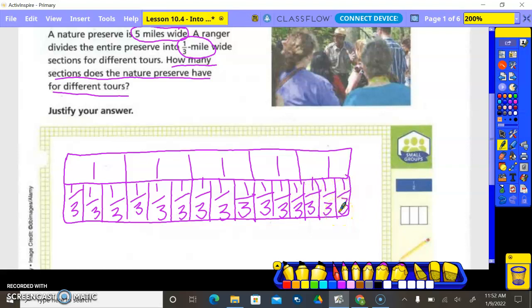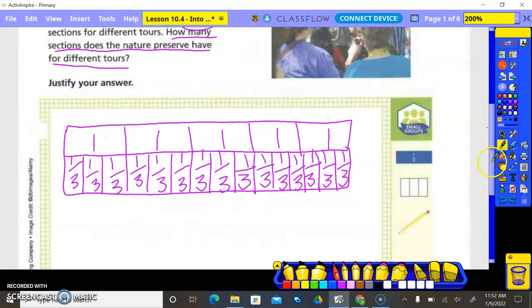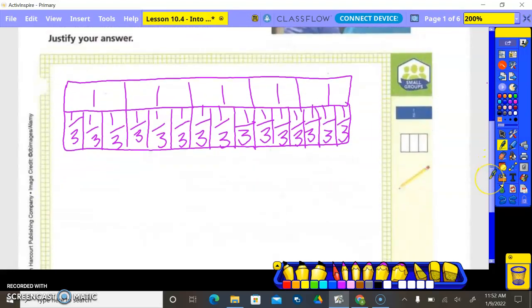So if we count how many of those 1/3 boxes we have, we have 15 sections. So that would be our answer. So 15 sections